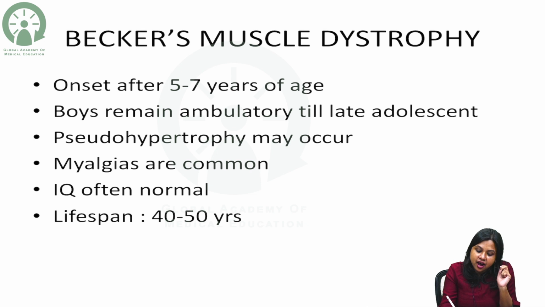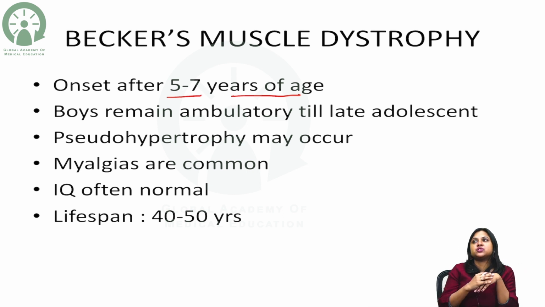So the onset is after 5 to 7 years of age. So boys remain ambulatory till late adolescence. Here, so Duchenne muscular dystrophy, a 5 or 6 year old boy comes to you, you understand. But for understanding Becker's muscular dystrophy, usually it is around 13